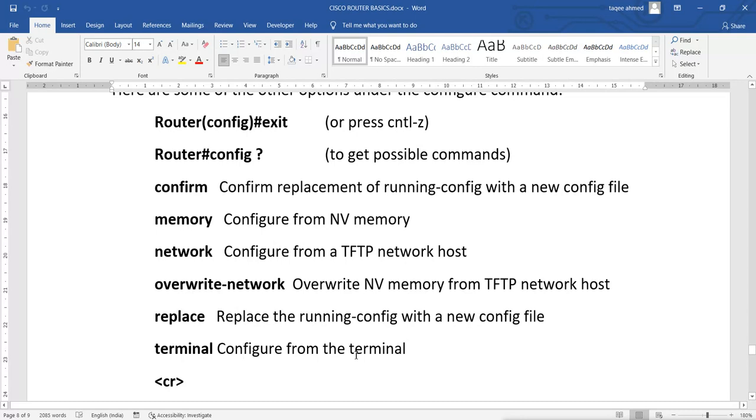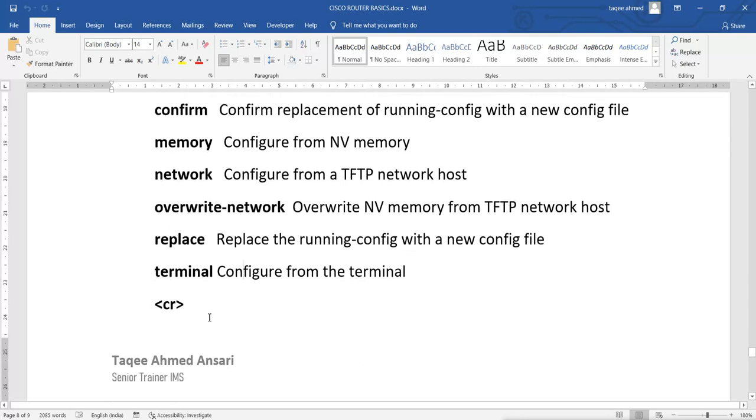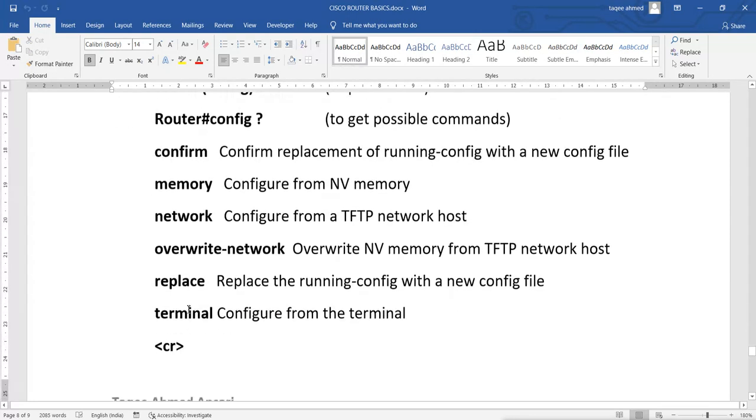Now this is used to configure the routing protocols. Routing protocols we will see when we configure routing. So these are the different modes we have in a router,